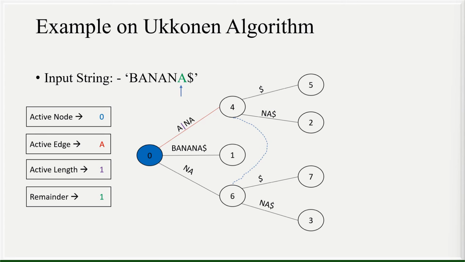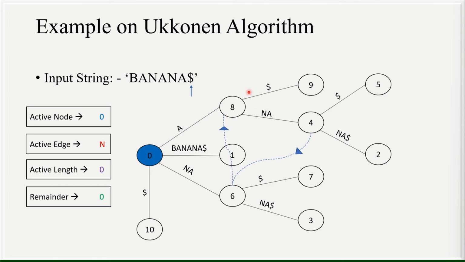What the suffix link means is that this link shows us the similar children or the suffixes from the similar node. So $NA are the similar suffixes. Therefore, this link joins two nodes, and this link is known as the suffix link. Now again, the active edge is A, because NA and A was added here, so that A is still present in the counter, so we have to remove that as well. And that is what we have done here.